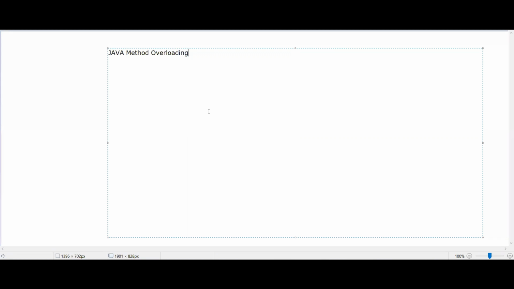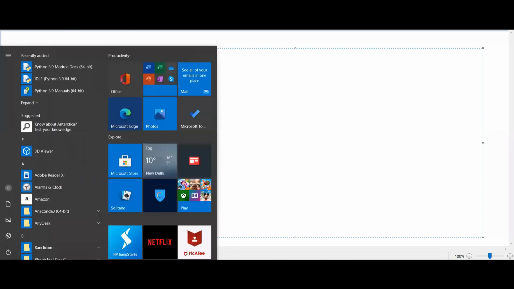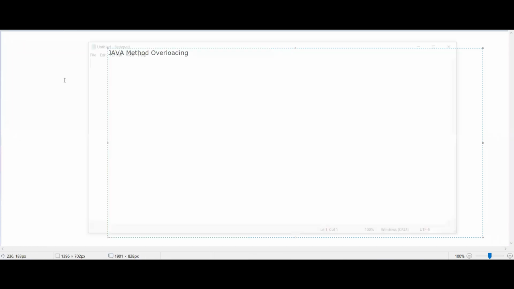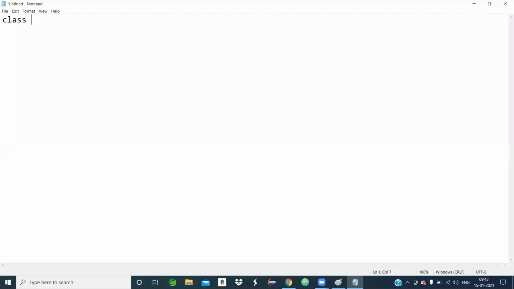So now I will show an example. Through that example, I will explain what is method overloading. Suppose we have a class, let's say demo.